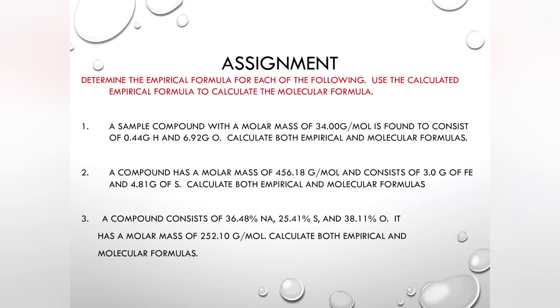Now there are some assignments, but before going to the assignment, you just revise all the topics, all the steps. Only 4 steps have to be followed. In problem number 3, the empirical formula versus molecular formula, you just focus on getting a simple whole number before multiplying the empirical formula to get the molecular formula. Here are 3 problems given as an assignment. Just practice with them and learn. If you have any problem, then discuss with your teacher or read the book.